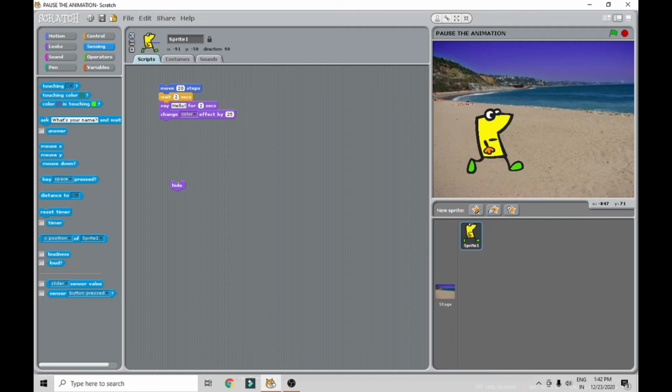We are making pausing the animation for how many seconds, 2 seconds: move 20 steps, wait 2 seconds, say hello, change color. Move means how many steps we are moving, 20 steps, in sensing. Okay, then control, we are controlling that only for 2 seconds. Then again we are saying hello. This is how we are making it.